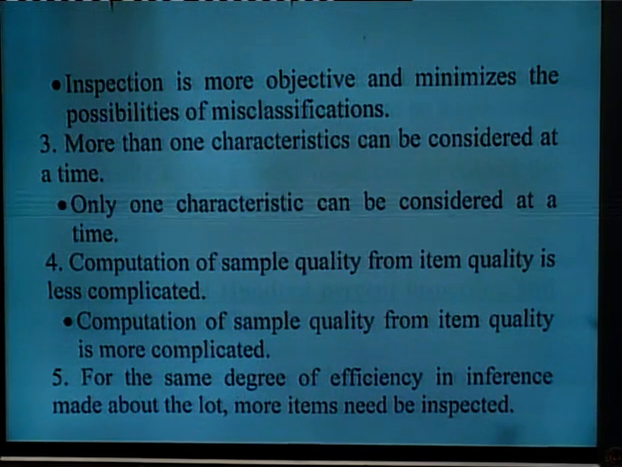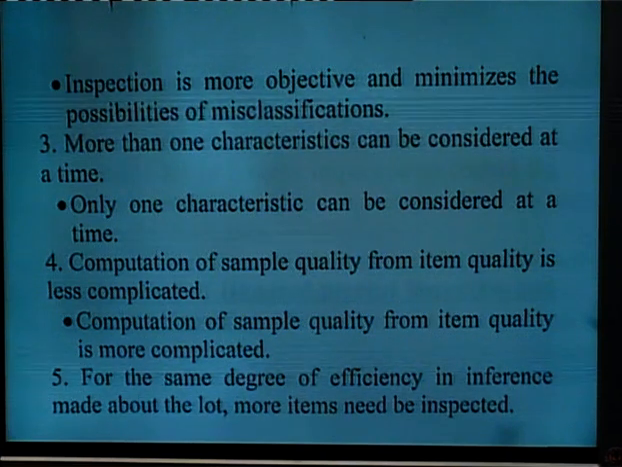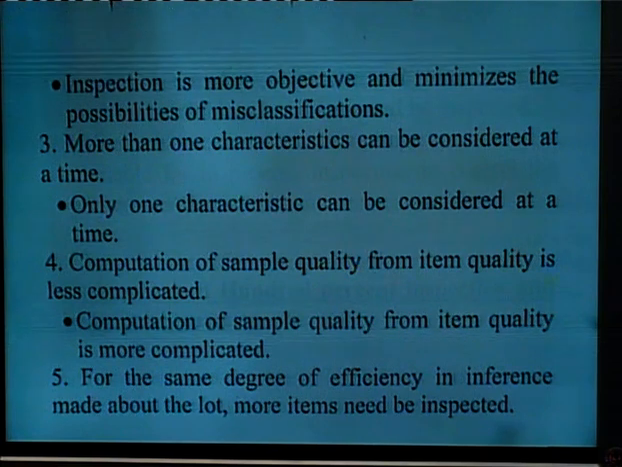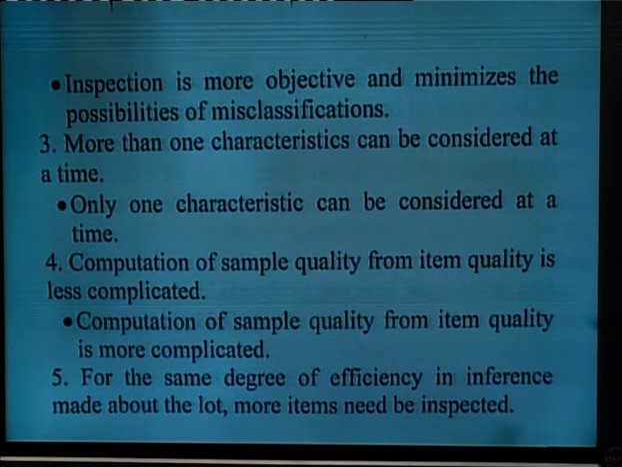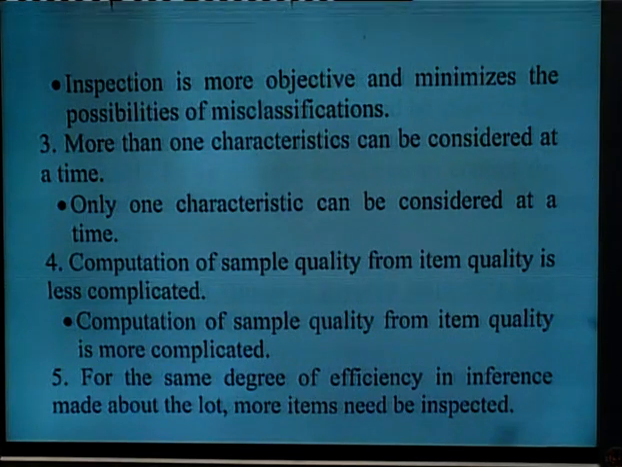And the fourth is, computation of sample quality from item quality is less complicated. In case of inspection by attributes, computation of sample quality from item quality is less complicated, and in case we go for inspection by variables, computation of sample quality from item quality is more complicated. And fifth point, in case of inspection by attributes, for the same degree of efficiency in inference made about the lot,